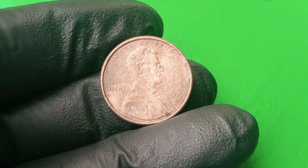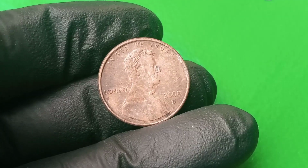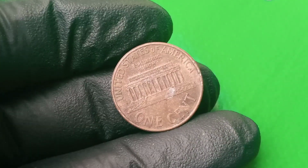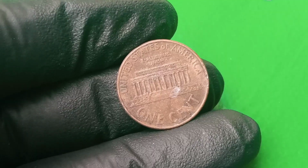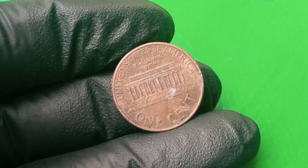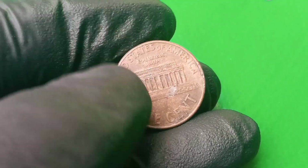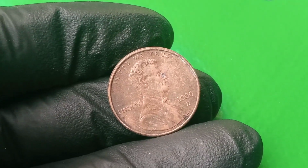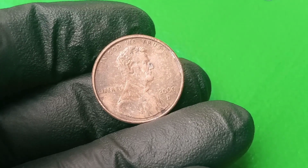Today we are diving deep into the incredible story of the 2000 AD Lincoln Memorial 1-cent coin, a piece that under the right combination of errors, condition, and rarity has been valued at a jaw-dropping $300,000, an amount that instantly turns heads and sparks curiosity, because when you think of a penny, especially one minted as recently as the year 2000, you likely imagine a mass-produced, common coin worth only its face value or perhaps even less if you consider the metal content,